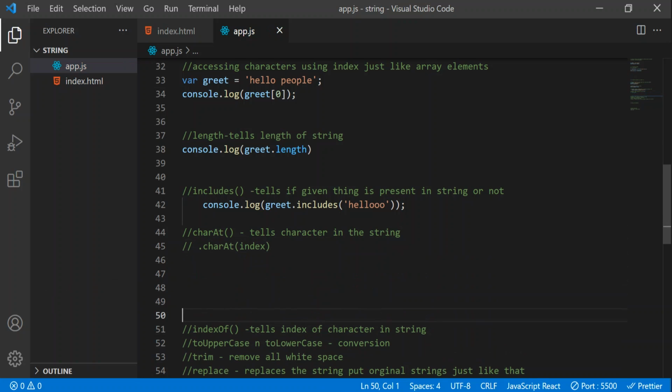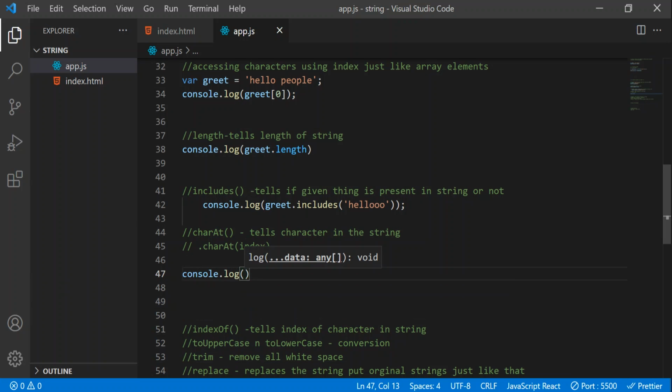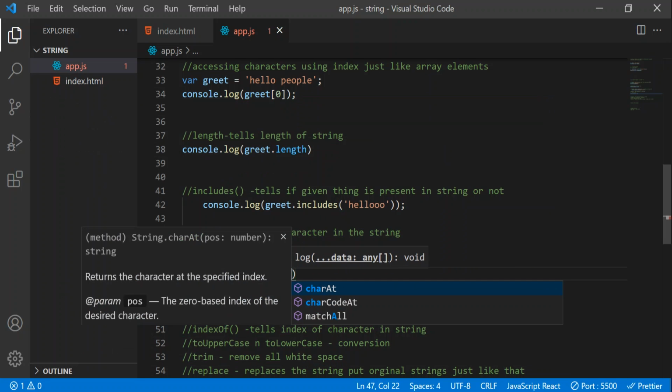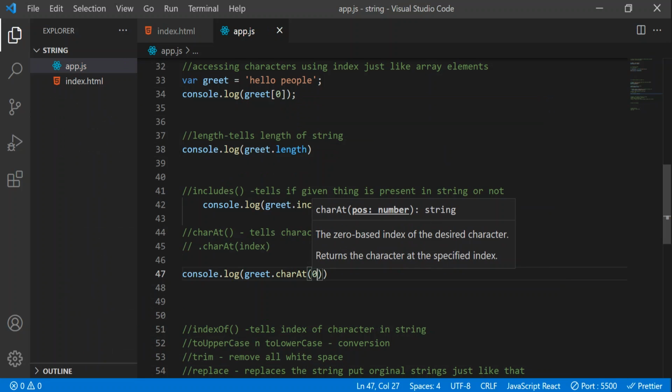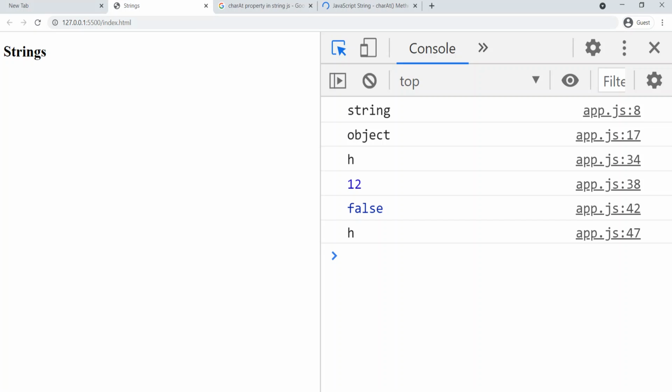Console.log, I'll pass greet dot charAt, and then index 0. What it will tell is what character is present at the 0th index. So that's what we'll get in the output. H is present in the 0th position.